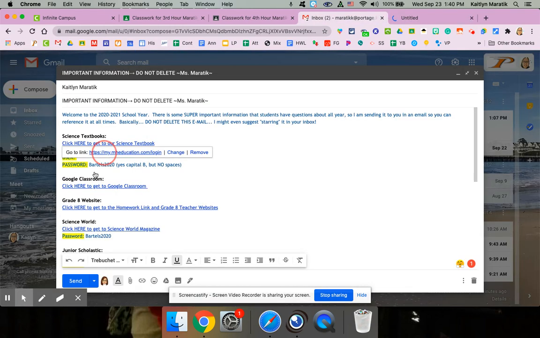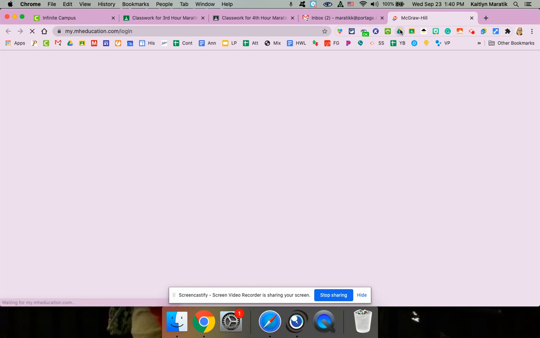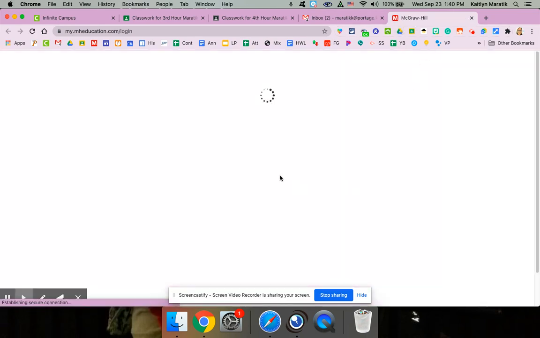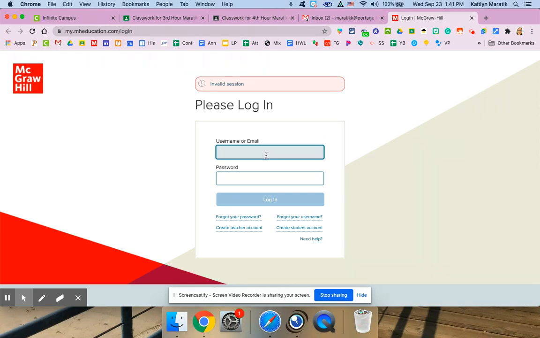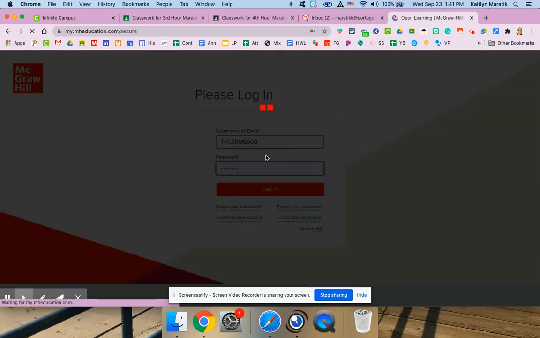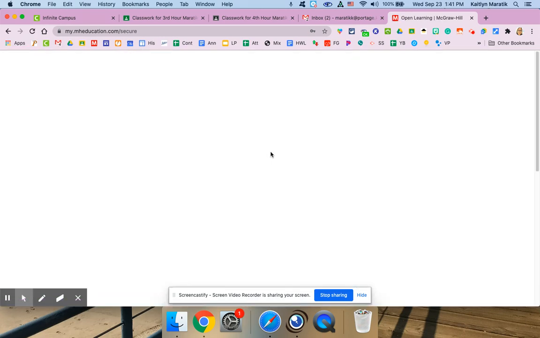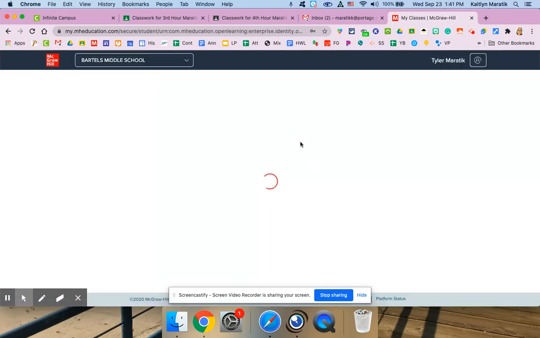You're going to need this username and password to log in. It is not your typical username and password or your typical email. It says email here, but your email is not attached to this in any way. So make sure you use the username and password that I sent to you, because that's what will work here. And if you're wondering who this Tyler is, it is my brother. I just made a kind of practice account, but I had to name it something, so I used him. When we get here, we're going to want to go to launch,